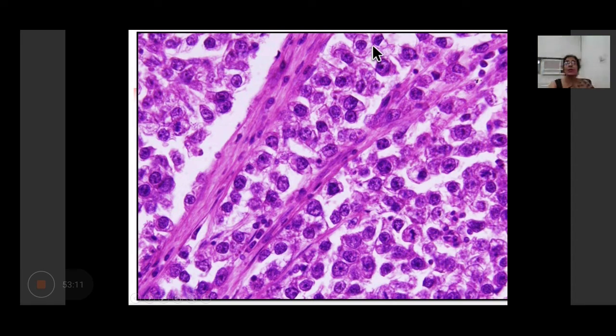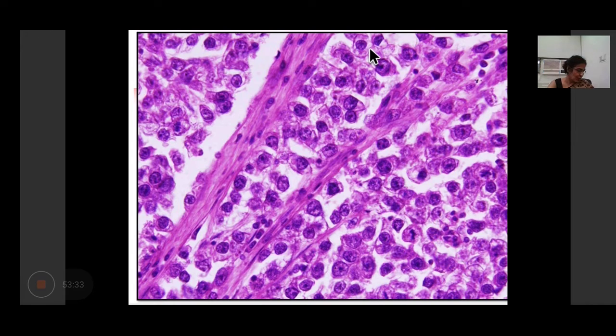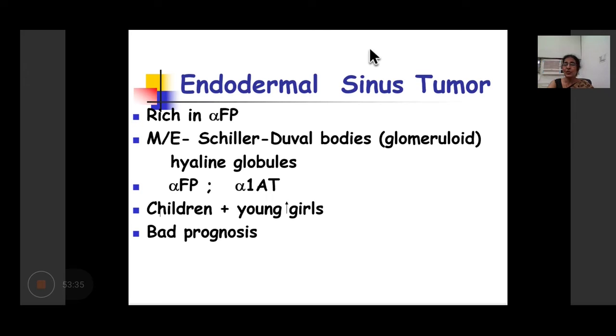The cytoplasm is clear because of the presence of glycogen. And we can demonstrate glycogen by doing a periodic acid-Schiff stain, which will be positive. And when you do it after giving diastase, then it will be negative. So you can demonstrate the presence of glycogen in that. Apart from that, it will be positive for OCT3/4 on immunohistochemistry and placental alkaline phosphatase. Clear? So regarding tumor markers, slightly raised beta HCG levels can be seen in dysgerminoma, and there would be increased LDH levels in dysgerminoma.